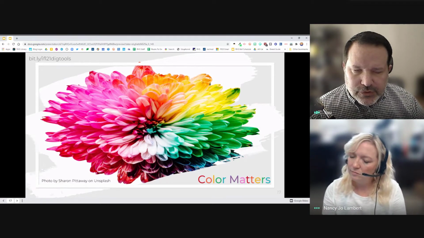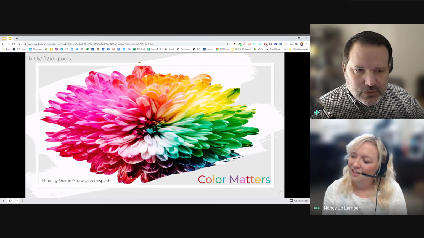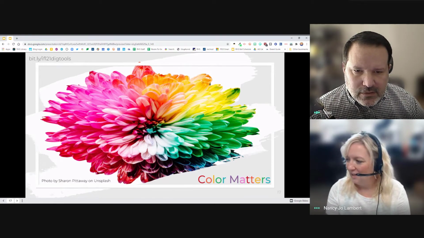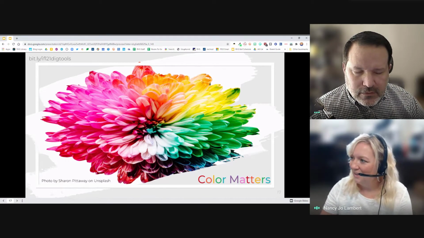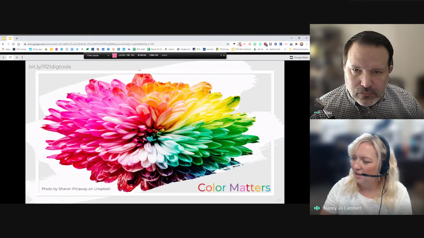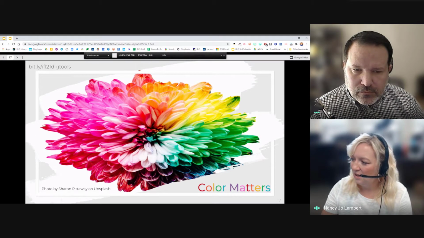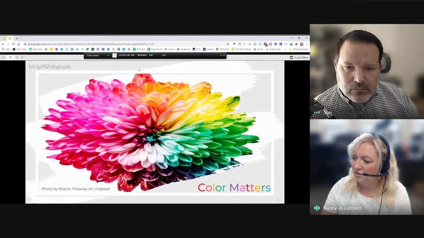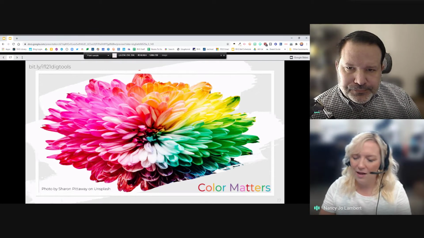And I think this was your Colorzilla example too, because you used Colorzilla to get the colors for your letters down there below. Correct. Yeah, I used my Colorzilla and I picked the colors from the flower that I wanted in this. So all of these colors for these letters come from that image right there.